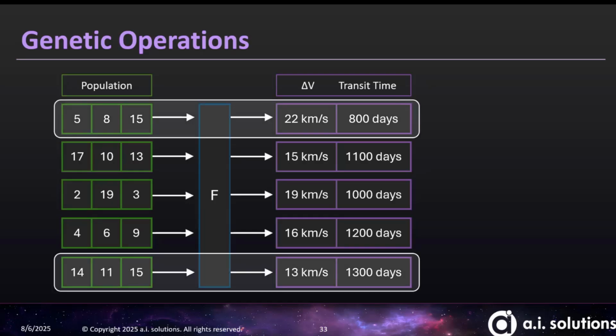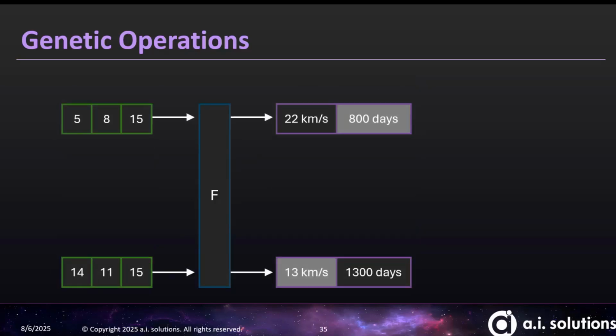In pursuit of that, we are going to look for solutions that we consider to be favorable. Solution one has a great transit time. The last solution in the list has a great delta V. So we will isolate those solutions,